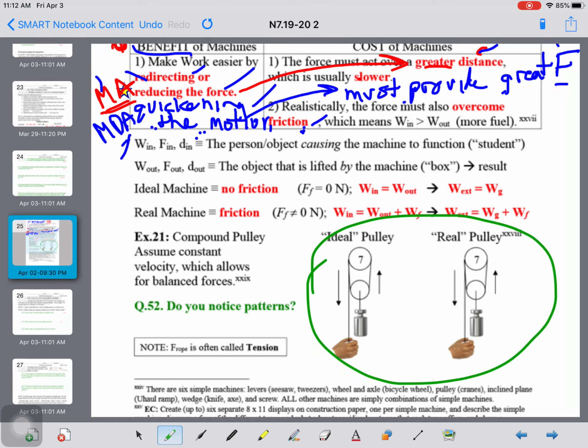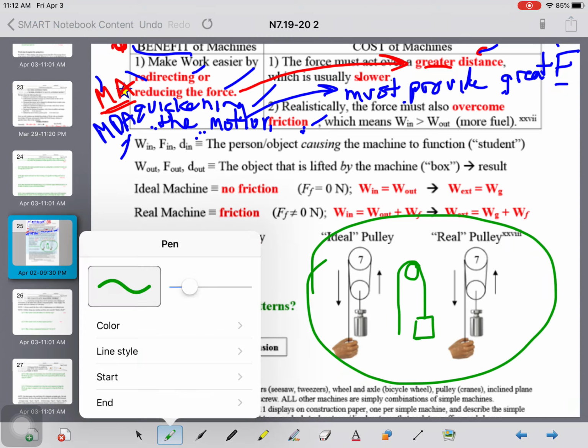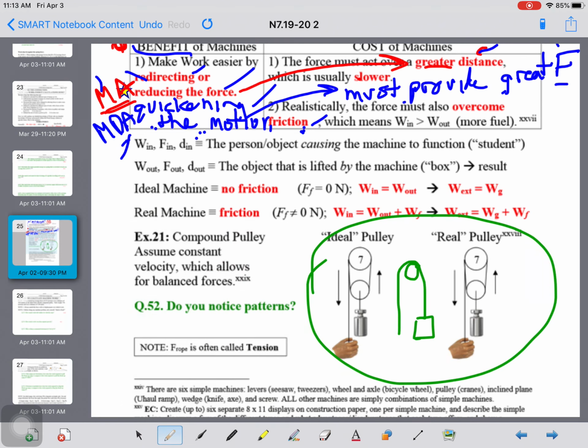A quick version of a pulley is basically this. If you have a pulley pulling a weight, and here's the magical hand. Oh, there we go. So the hand pulls down and the weight goes up. Here, there's no advantage. This just redirects the force. So you can pull as much as you want, as much rope as you can get, so it can lift the box much higher than you would by hand. So there's the benefit. However, once you start adding pulleys in here,